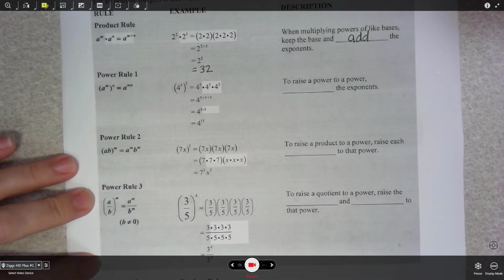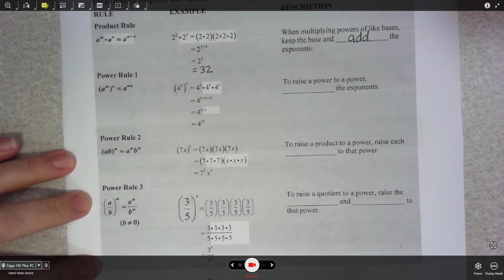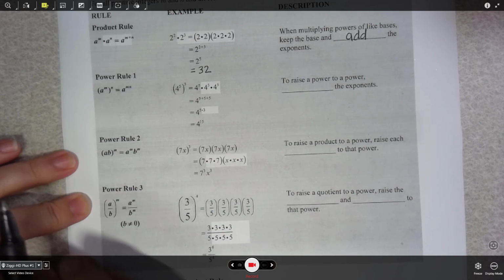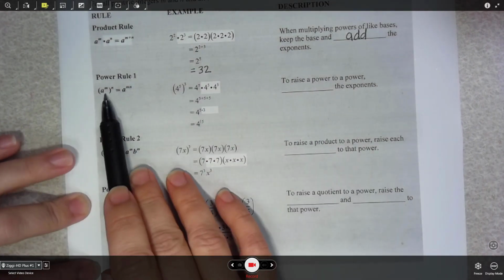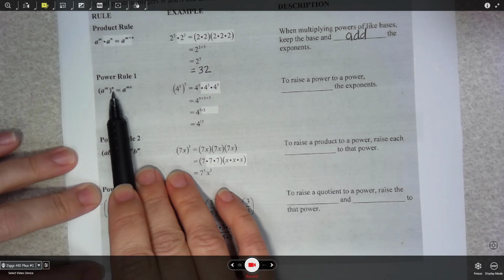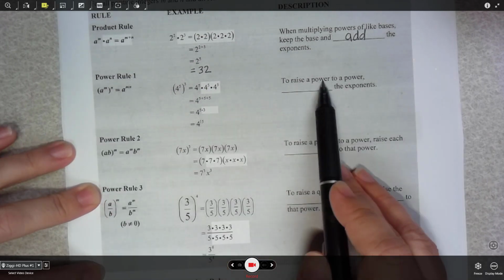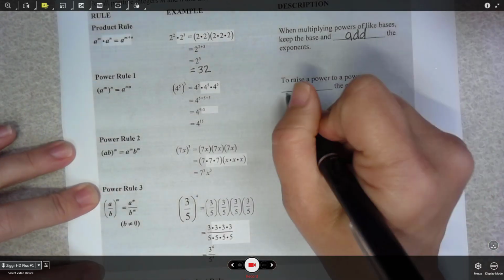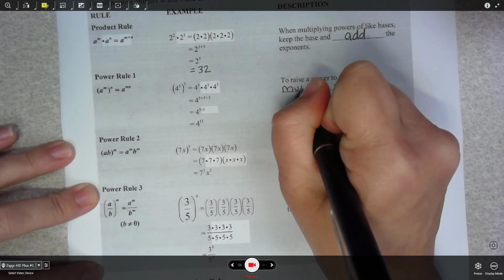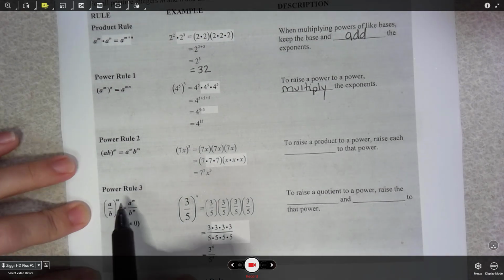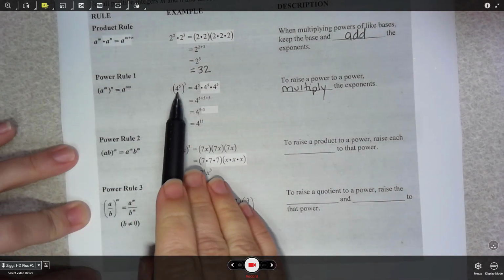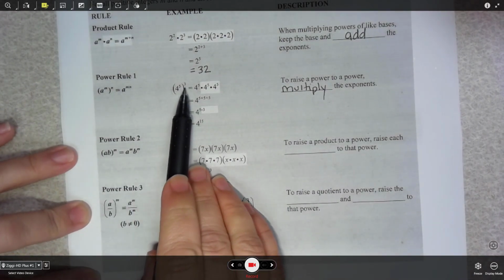The second rule is called the power rule. The power rule says if I have a base raised to a power and it's raised to another power, so to raise a power to a power, what I do is I multiply the exponents. So here I have 4 to the 5th power, and then I want to raise that to a